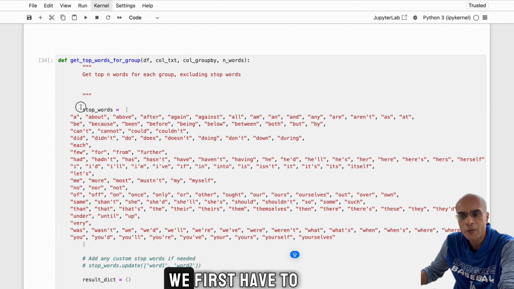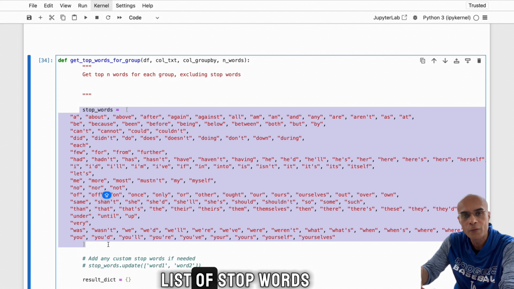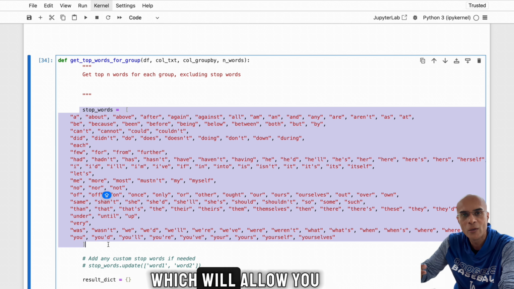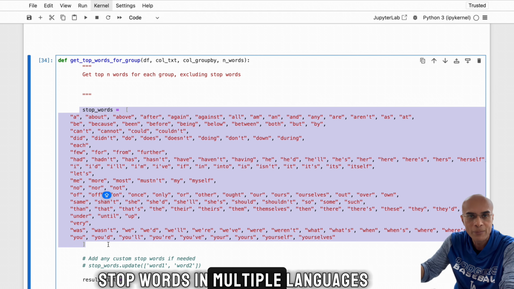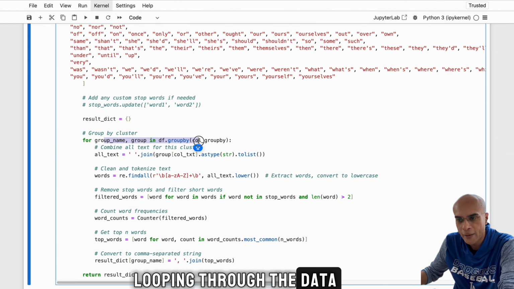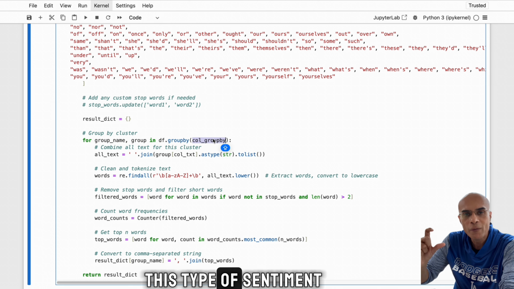So in this function, we first have to define a list of stop words. Here I've defined a list of stop words in English, but you can use some external packages which will allow you to define stop words in multiple languages. Now here we are looping through the data and we are going to group by this type of sentiment,